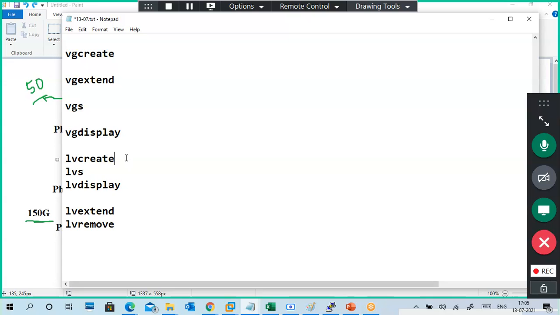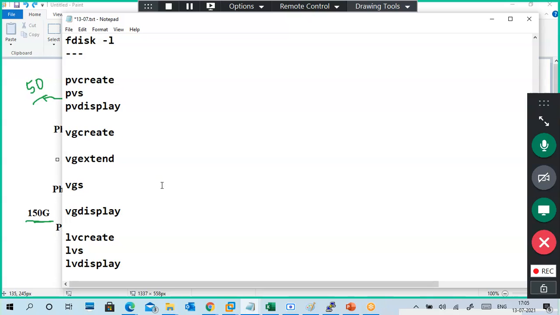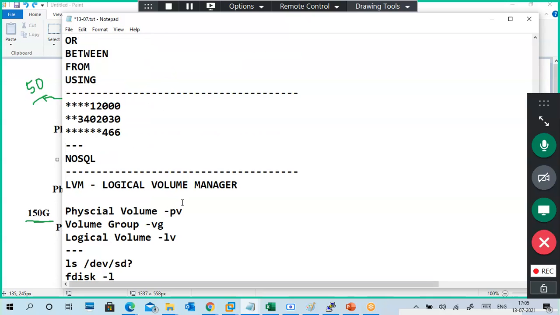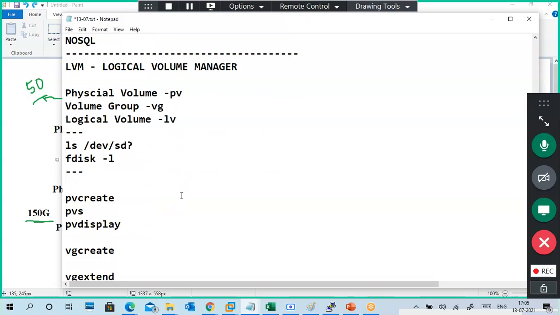Okay. LV create only, I am not able to, every time it happens normally. Only that command, a small confusion is there. If I type it very confidently, it will go. If I type it normally, it works. So we don't know. This is one of my favorite topics in the demo sessions.